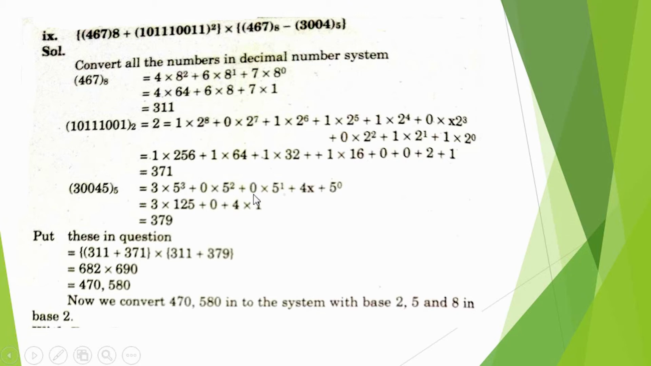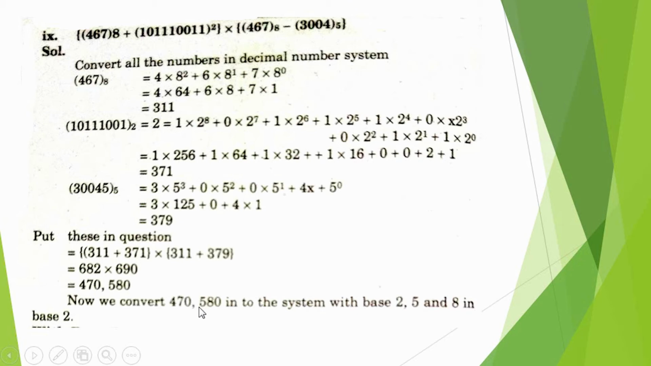Now 3 multiply 5, 0 multiply 5, 0 multiply 5, 4 multiply 5 and 5 multiply 5. Powers 0, 1, 2, 3. 5 power 3, 125. 5 power 2, 25 multiply 0, 0. 0 multiply 5, 0. 4 multiply 1. 4 ones are 4. Now we add these values, 379. Answer comes. Now 311 plus 371 multiply 311 plus 379. When we add these values 682 multiply 690. Answer comes